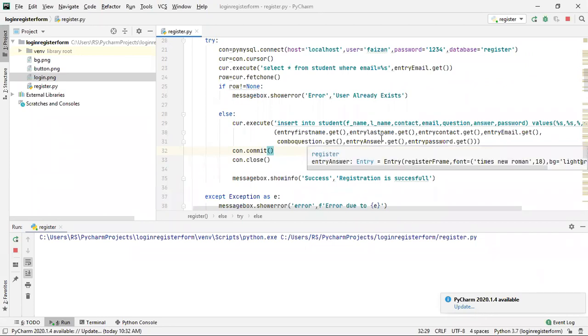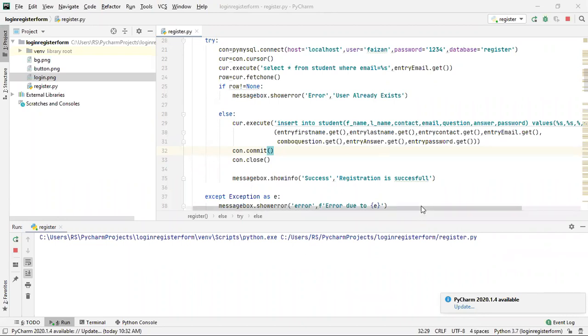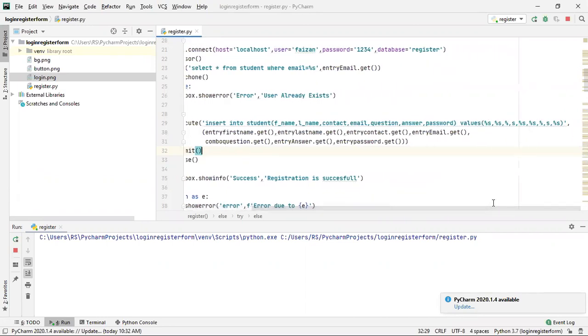So where am I making the mistake here? Oh, okay.